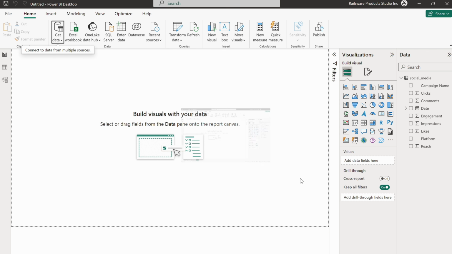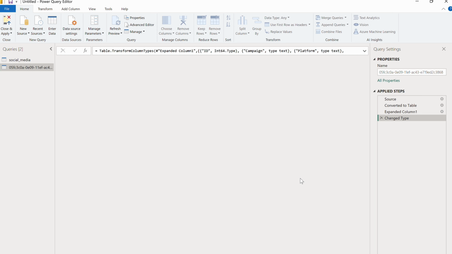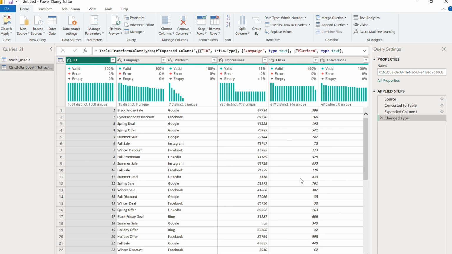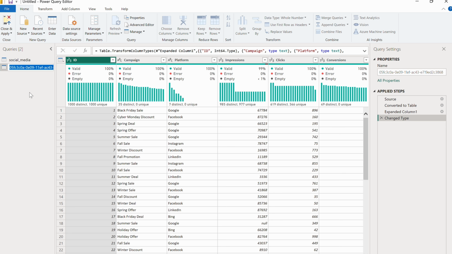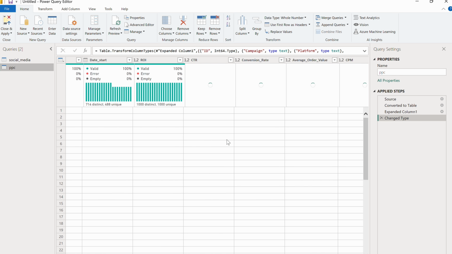This also opened the Power Query Editor, which is the app you use for transforming your data. You can skip this step and click Close and Apply, but in reality, raw marketing data is rarely ready for analysis right off the gates. My list of marketing campaigns is pretty clean because of the transformations I did in Coupler.io, but I'll give it